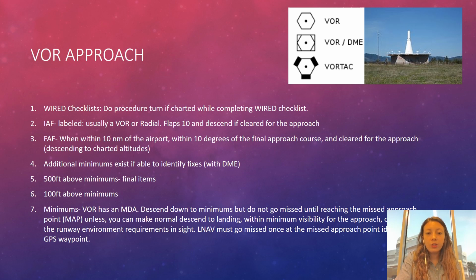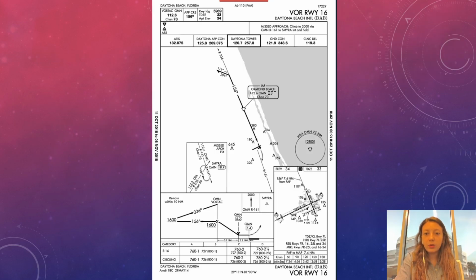So once you are there, you can do your final items when you get to 500 feet above your minimums. And this VOR has an MDA, your minimum descent altitude, so you can descend down to minimums but not go missed until reaching the missed approach point. Other than that, everything is very similar. So here we have VOR runway 16 at Daytona,